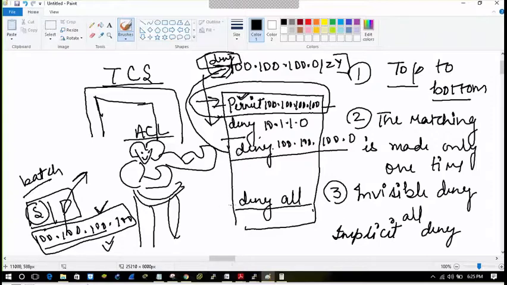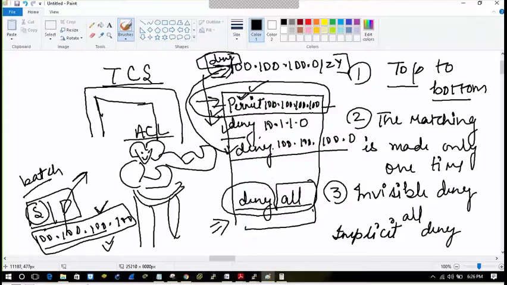So if any packet hasn't matched any access list statement, neither this, neither this, neither this, it will definitely match this, and it will get denied. For example, the guard is holding a list and there isn't a name of any guy to be permitted or denied, so as a measure of precaution, he will deny them all.